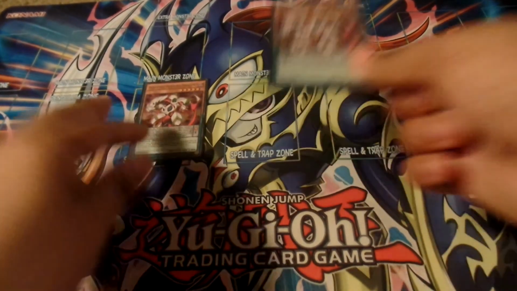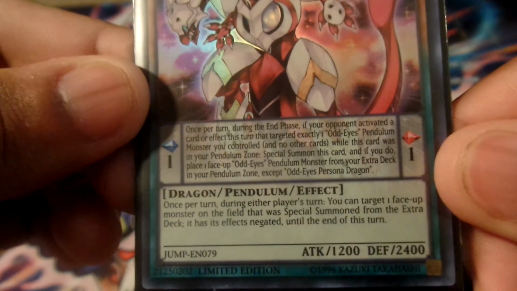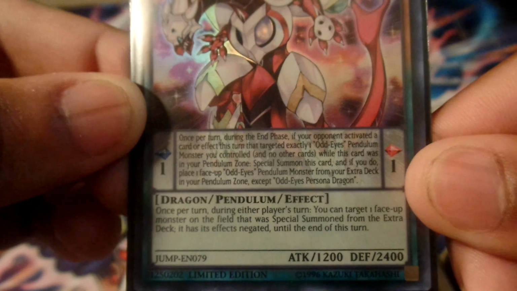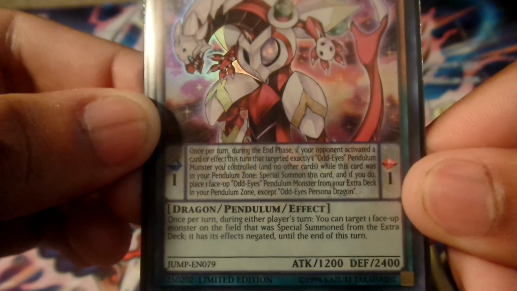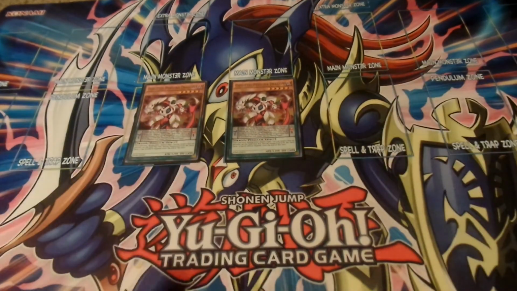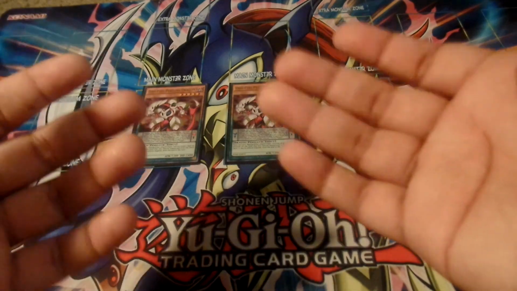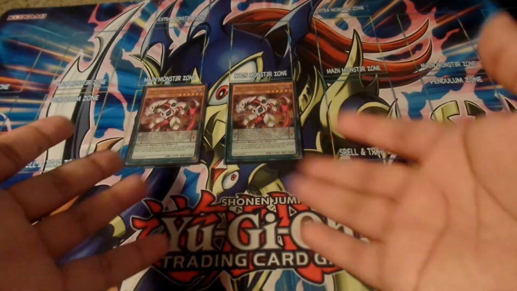Because it has a really neat effect that says, once per turn, during either player's turn, you can target 1 face-up monster on the field that was special summoned from the extra deck. It has its effects negated until the end of the turn. So this, in certain cases, acts as another form of disruption during your opponent's turn, and it's really easily searched